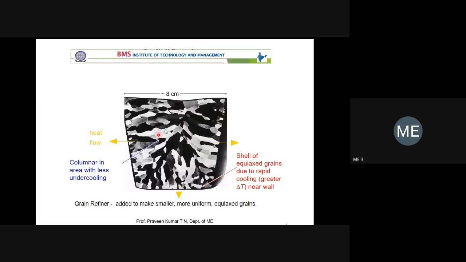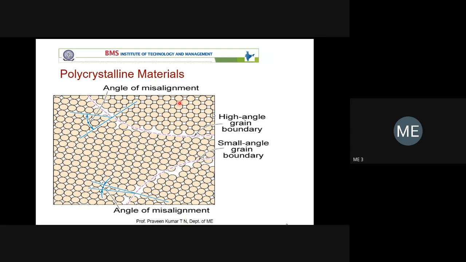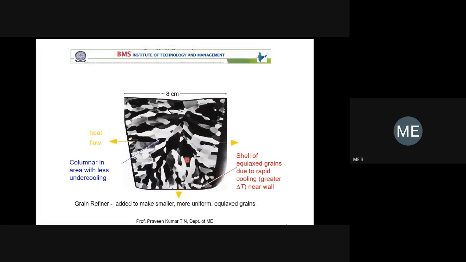Now here we can see one is a dark region and one more is a white region. The diagram you were shown is only a schematic representation to understand the concept. This is the actual photograph, I think again from a Callister textbook. It shows the white region with the dark region in the background. Within the white region, this is one grain, this is one more grain, this is one more grain. Don't think a grain is always circular; it has an irregular shape, but in some cases you assume it is almost circular.